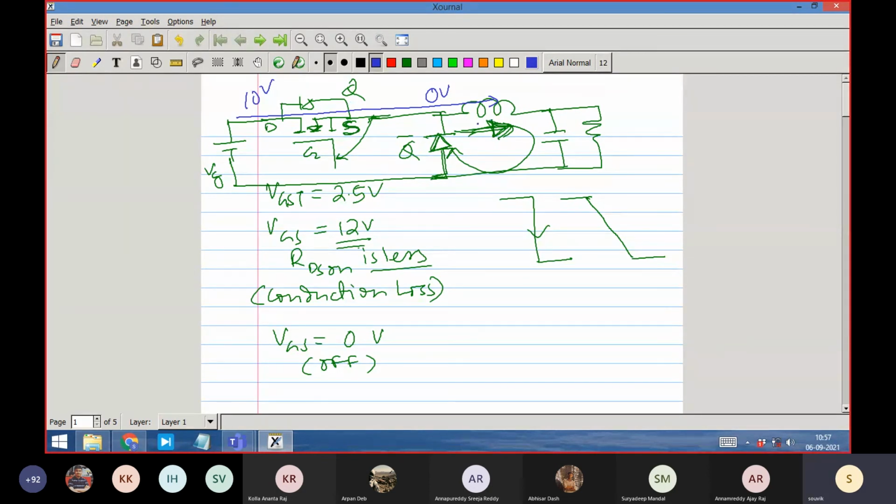What about the diode? When Q is on, is Q bar automatically off? Yes, Q bar is automatically off because 10 volt is then coming here. If the switch is on, 10 volt is coming here, and the moment 10 volt comes here, this diode will turn off, and the inductor current has no problem. It has a continuous path through this, right?